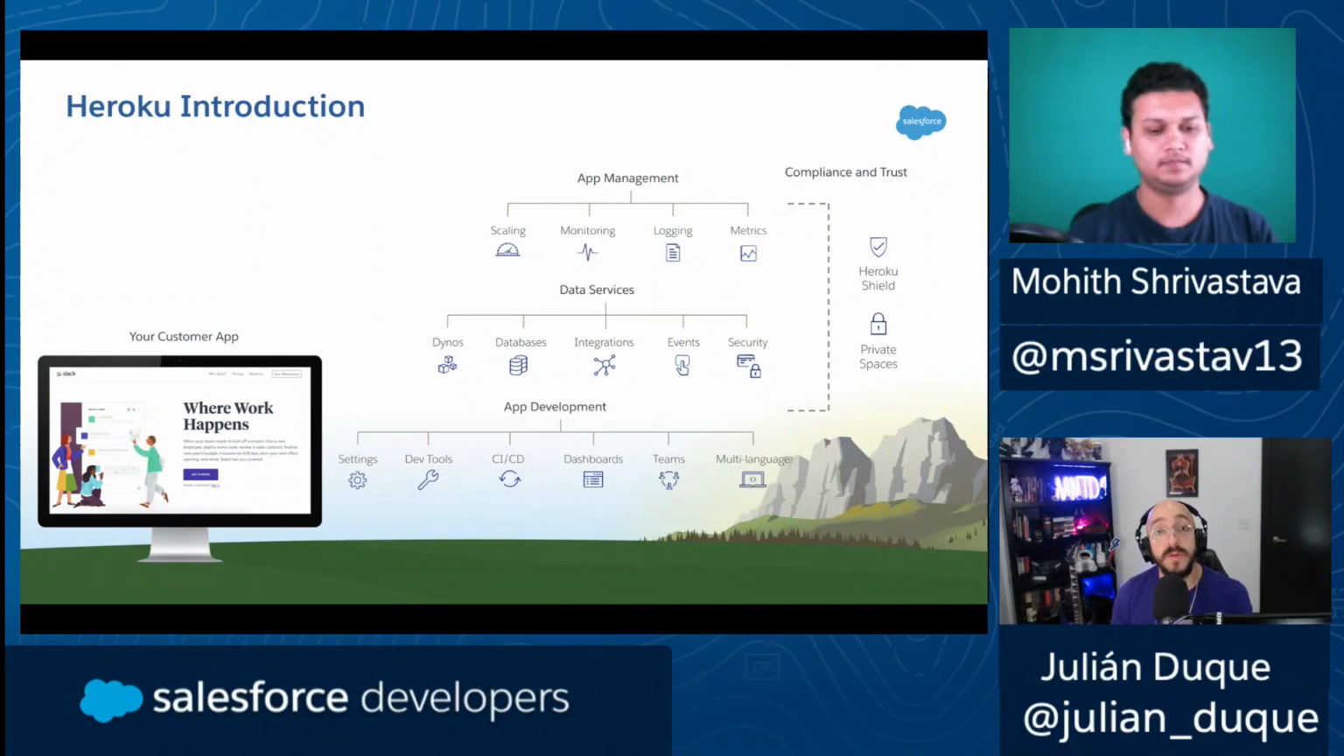So you will be able to do continuous integration and continuous deployment on the Heroku platform. We also focus on security, and you will be able to manage all of the different settings for your application. On top of the application development layer, we have the data services. So our application needs data that can live on Salesforce, and we are going to be able to integrate with